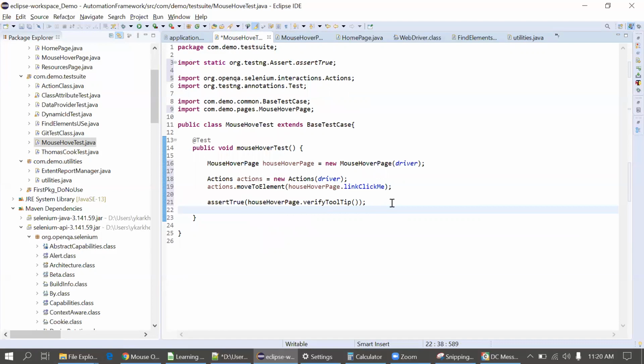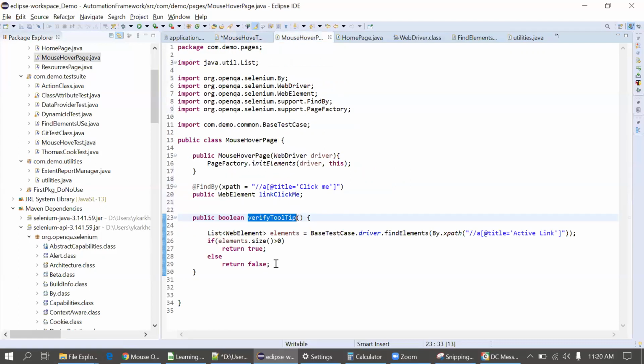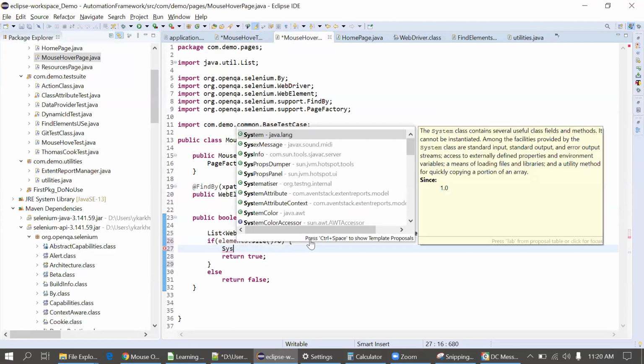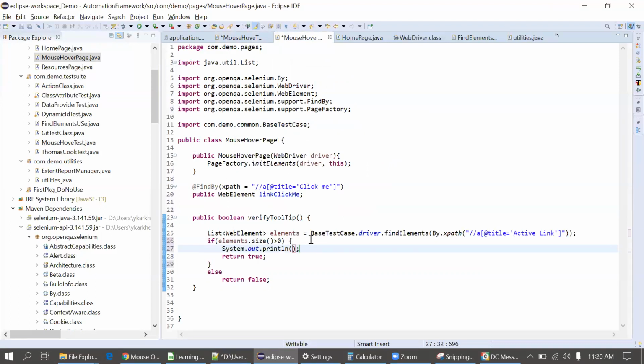I'm also printing this here, so you will get more clarity on this. I'll put in the curly braces. Tooltip is displayed.